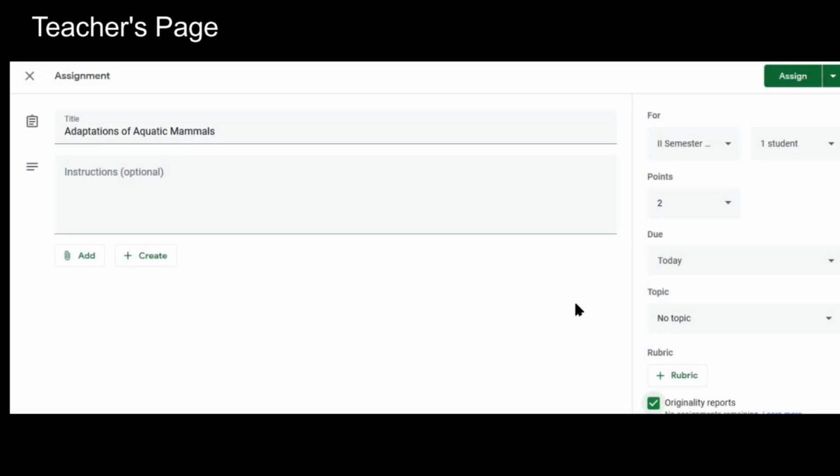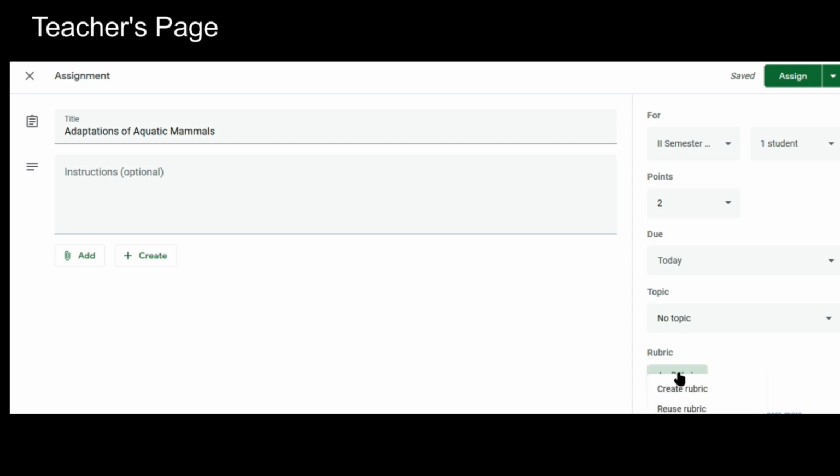Next is rubric. Now what is a rubric? A rubric is a scoring guide to evaluate a student's work. See, what it actually does is that it lays down the criteria for grading the assignment. It also lets the students know the criteria to be fulfilled in the assignment for her to score maximum marks, thereby bringing more transparency and credibility to the evaluation process by laying down the expectations of the assignment.